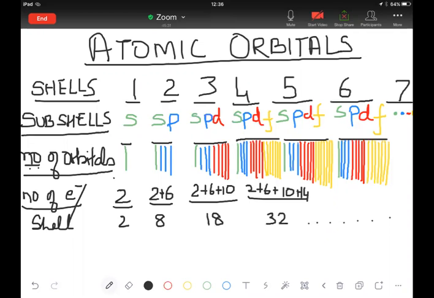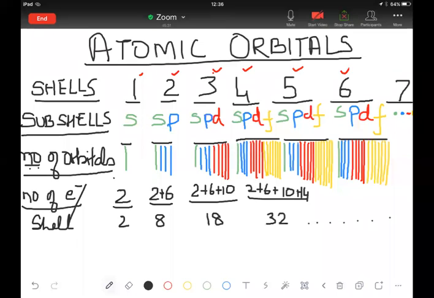So if you can see, the first point dealt with here is the shells. Atomic orbitals in general, this is not belonging to any one particular atom, but in general, what are the shells, subshells, and what happens to the subdivisions, that part we have tried to explain here. So you can see the first line is the shell. This is the shell number actually. This is the first shell, this is the second shell, then third shell, fourth shell. So you have these shells.